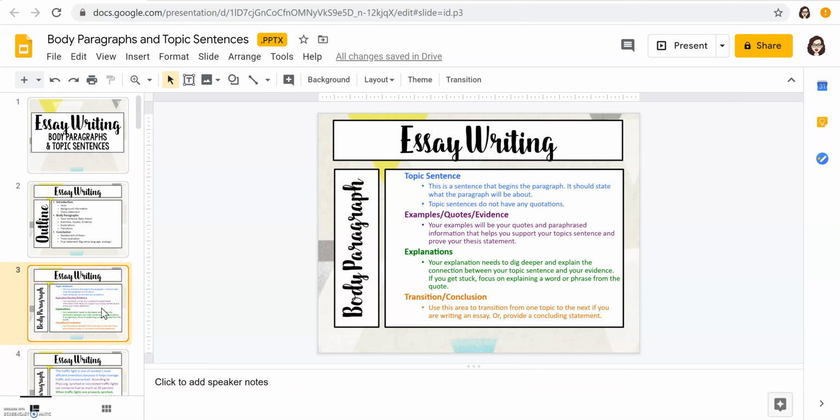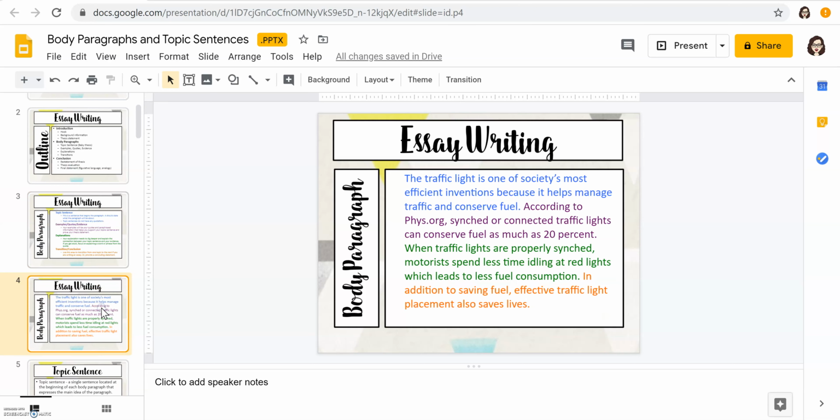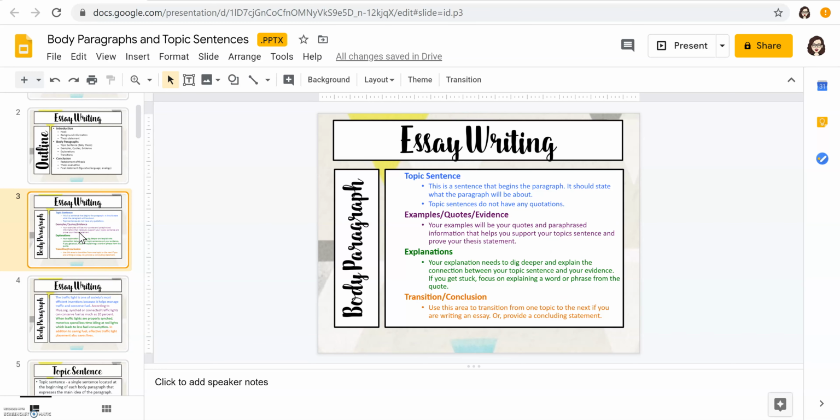It gives you different examples of how to write this. It gives you body paragraph examples. So this is an argumentative essay about why the traffic light was one of the most efficient inventions, but you're going to say that repetition, of course, or imagery is effective because, but this gives you, see how it has the color reference? You have the different colors here.